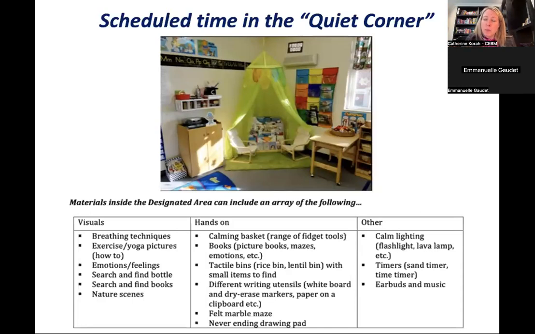And so you want them to have been introduced to the space, that they've explored different tools that are there, that they've tried it many times. And when this becomes second nature and they feel comfortable in this space, then they will automatically, naturally gravitate towards that space when they need it.